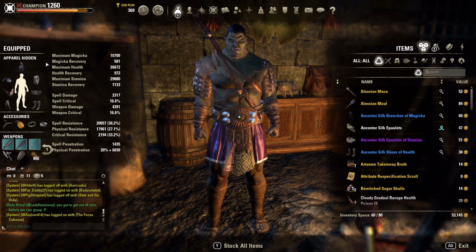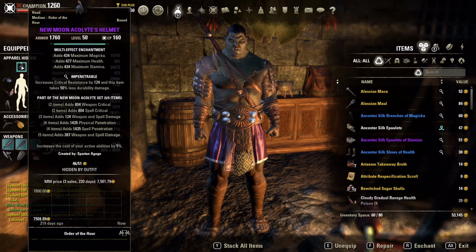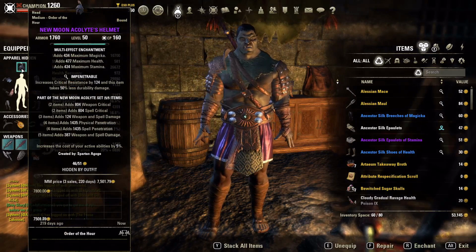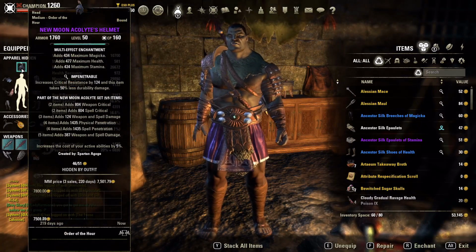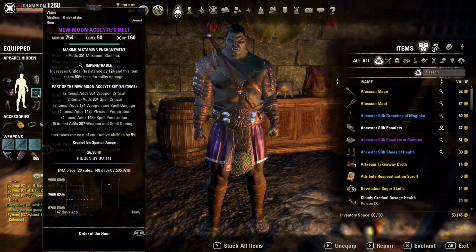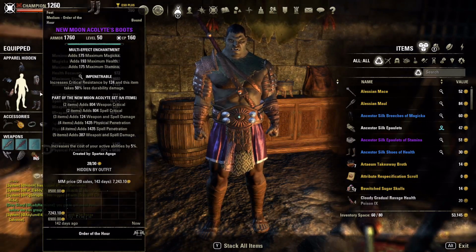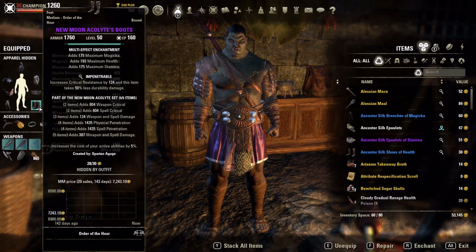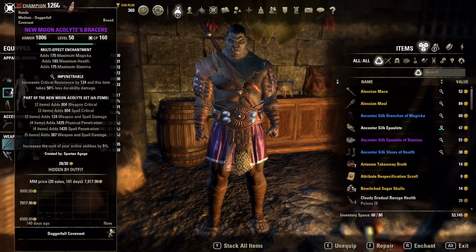The second set that we are running is New Moon on this, and New Moon's going to give us that weapon damage. Pen. The crit doesn't really matter because we are running Malakath on this. We'll explain that in a little bit, but the penetration and the weapon damage are really nice. I do need to gold these out, and we will probably do that. We'll get a little bit of a stat bump, a little bit more weapon damage and everything else,